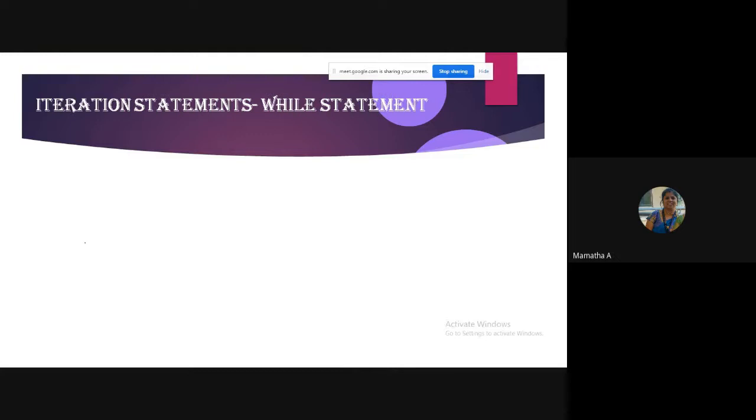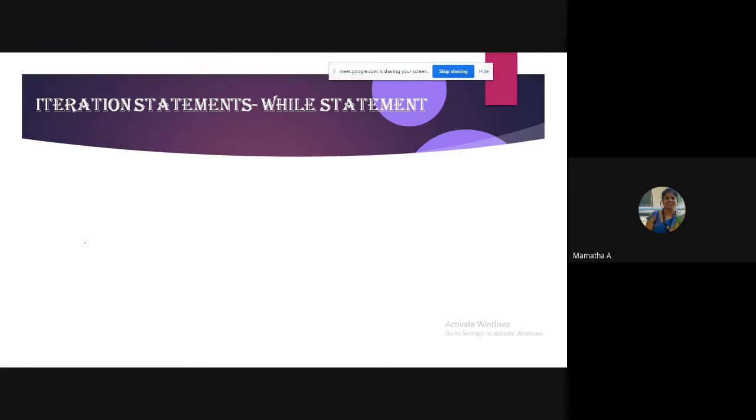Okay. So moving on to the iteration statements. As you all know, iteration statements are the statements that allow us to execute a block of code repeatedly till the condition becomes false. I think you people know. Sometimes this iteration statement is also called a looping statement. So don't get confused. If they ask about looping statements also, you should write the same thing.